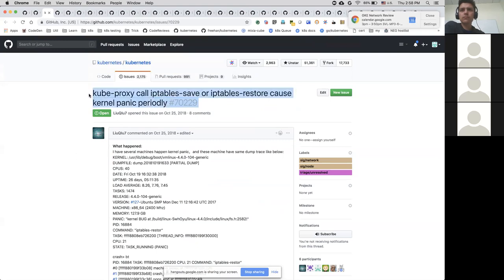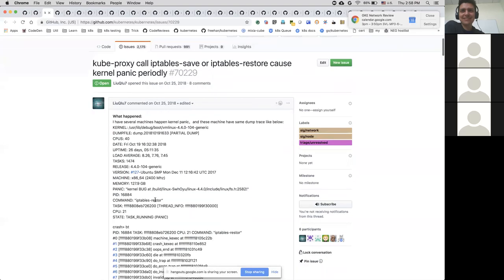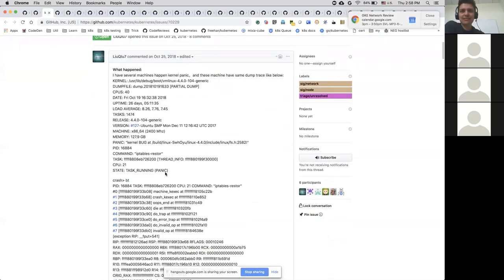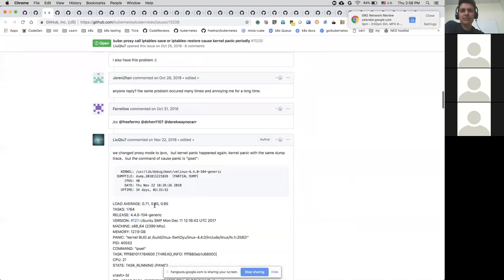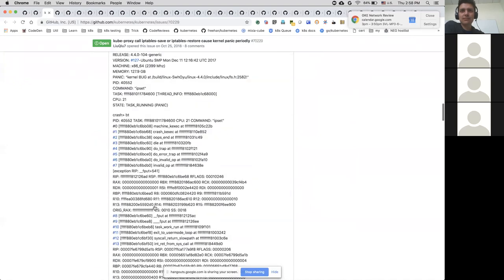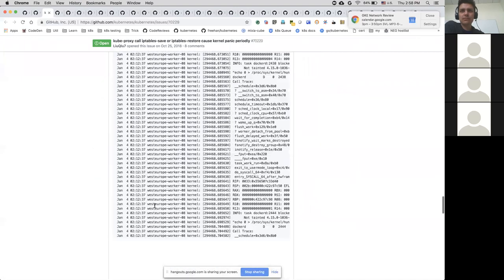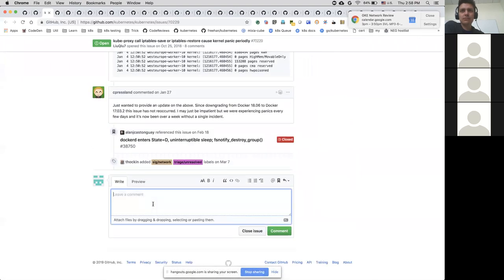Wow, cause kernel panic. IP table save and restore. So which kernel? You should upgrade that kernel. It should be an issue open against the kernel. Ubuntu 16.04. Yes, sir.